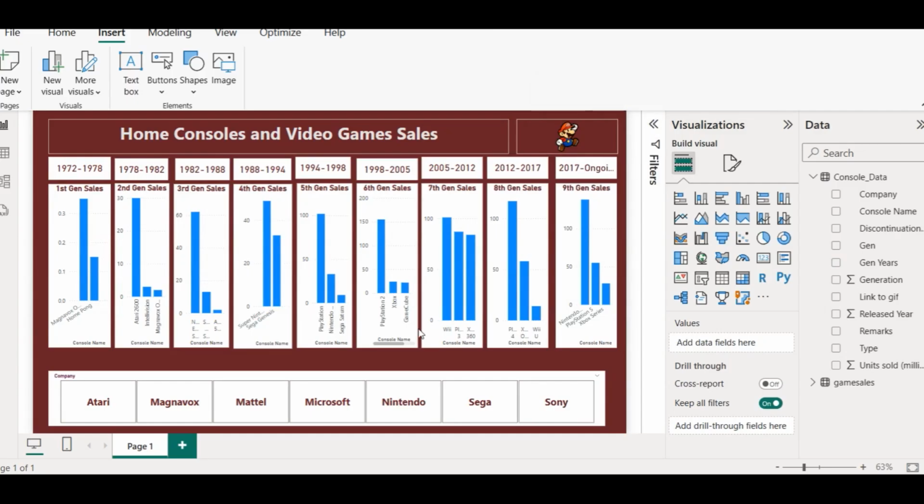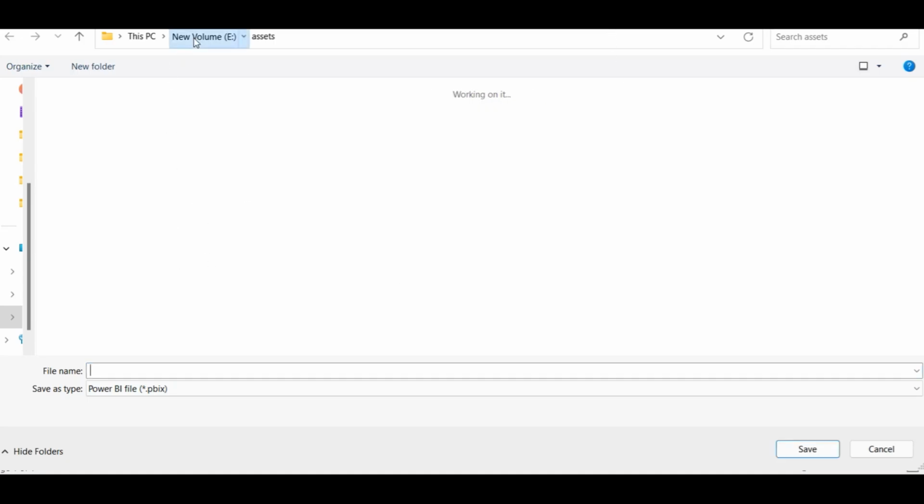Now here you can see, for example, we can see PlayStation 2. Okay, it is over 150 millions, you can see, and this is in 6th generation. In 9th generation says Nintendo Switch goes over 138. Okay, in early parts you can see they are only 0.3, 0.30, etc. But later you can see Nintendo PlayStation 5 is also going good. Xbox Series is also there. It's a console sales dashboard, so we can save the dashboard as